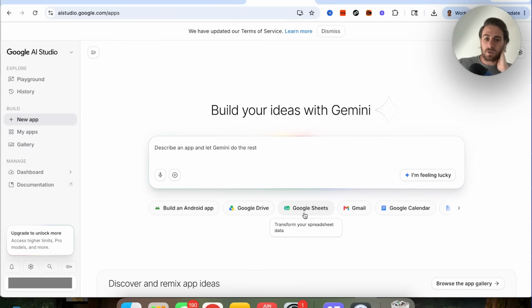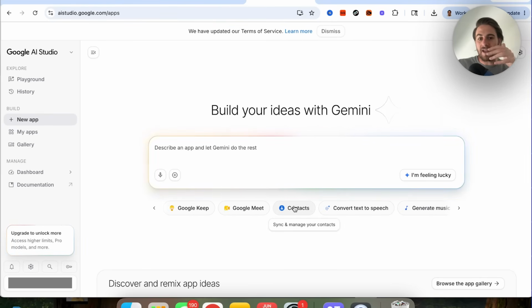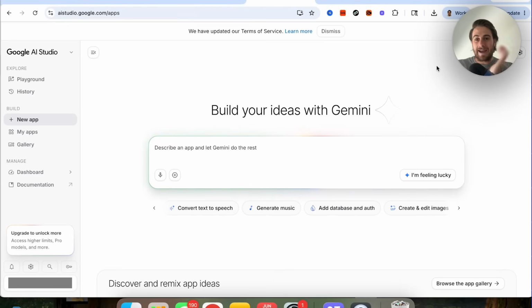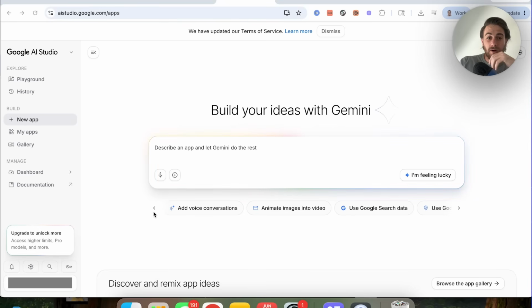and your folders, to your Google Sheets, to your Gmail, to your Google Calendar, to your Google Docs, Google Slides, Google Tasks, Google Chat, Google Forms, literally every Google thing. In addition to that, anything that a Google model can do, you can now do. Convert text to speech, generate music, add database and auth, and literally anything that you could do from inside of